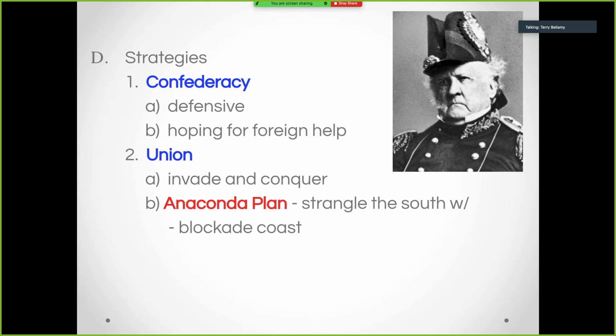size of the Navy, the Union had most of America's Navy, and the Confederacy had only the scraps that were left over. Take the Union Navy and blockade all of the southern ports. If the South can't get any supplies in and they can't get any supplies out, eventually they have to quit. What's another word for the Anaconda Plan that we've used all year when you don't allow anything in or out of a fortress or an area?